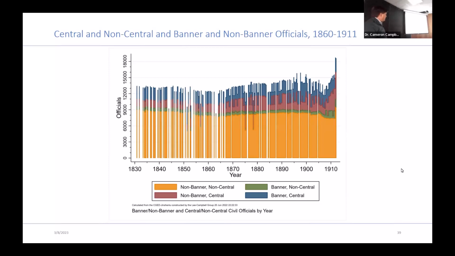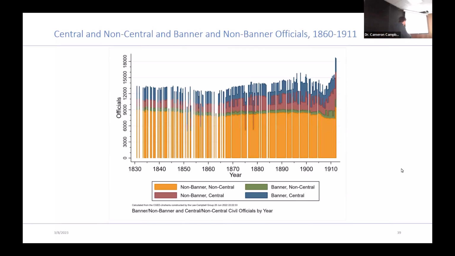And I think the key here is, if we go into the central government, which is the brown and the blue here, and I won't get into all the technical details of why these bounce up and down, something like half the employees of the central government, the nerve center, were actually bannermen, even though they accounted for 2% of the population of China. So you had essentially a conquest army and their descendants who accounted for just 2% of the population, but ruled the country for more than 250 years.